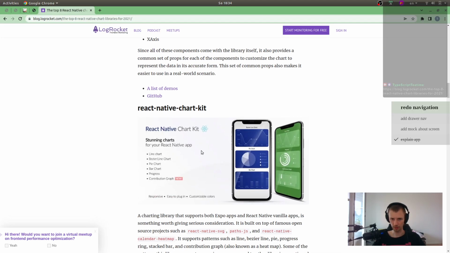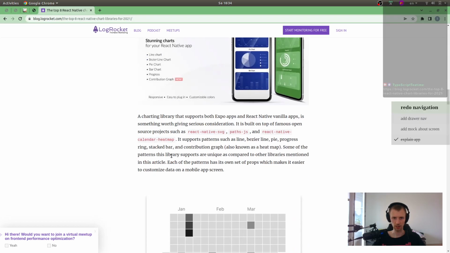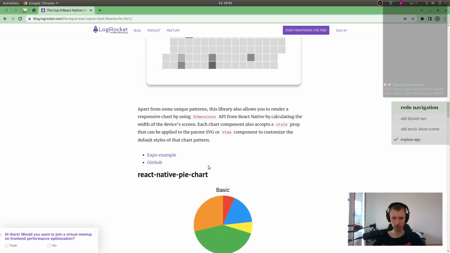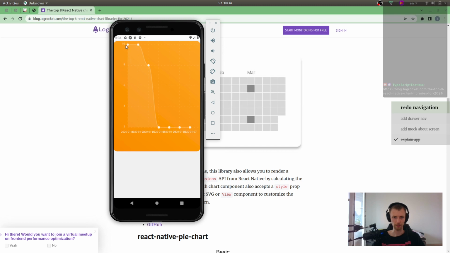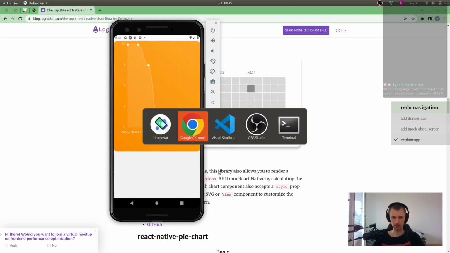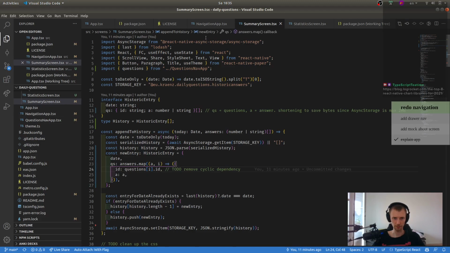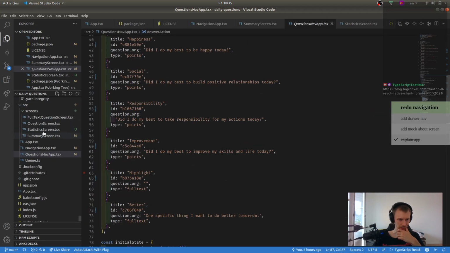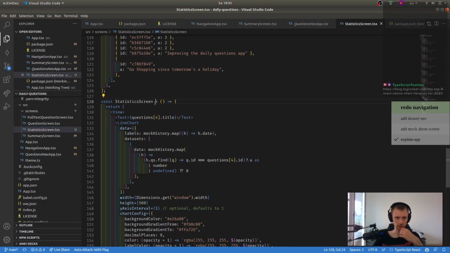The one that I went for is this one, React Native Chart Kit. And then I basically just followed the instructions and put in the first few data points, which pretty much gave this. And then the one thing that I did change after that, to really show and convince myself that it is in fact working with what I'm planning to do, is that, let's see, there's a statistics screen now,